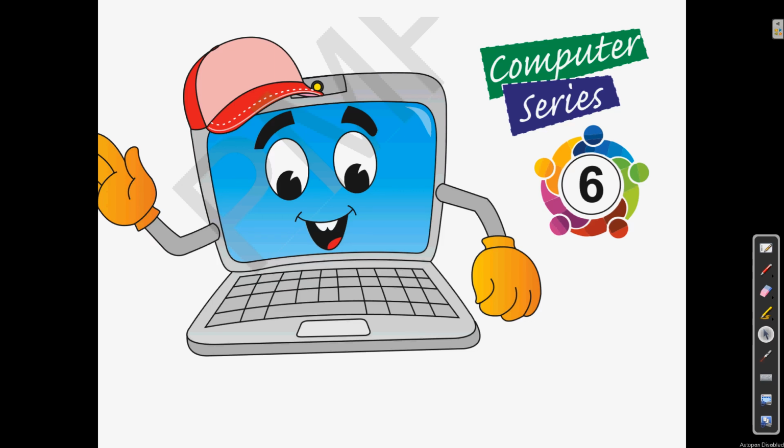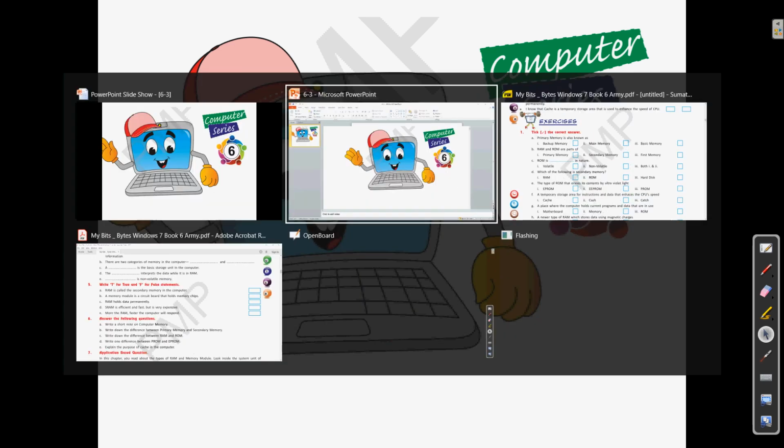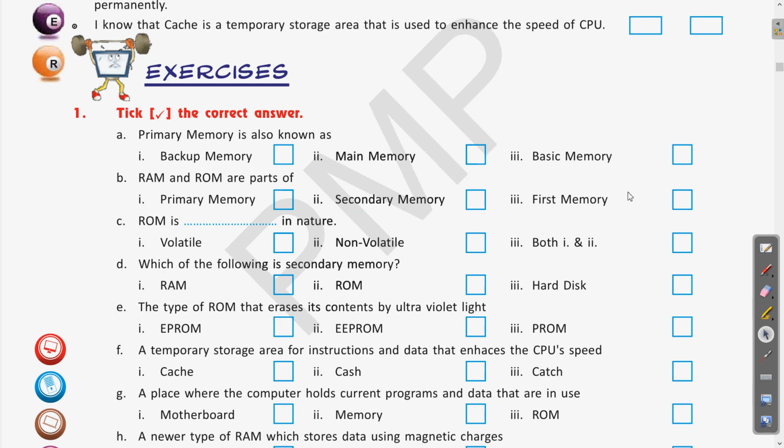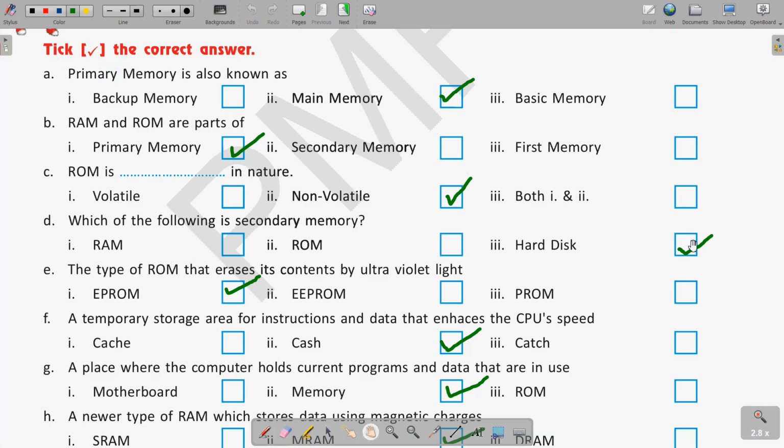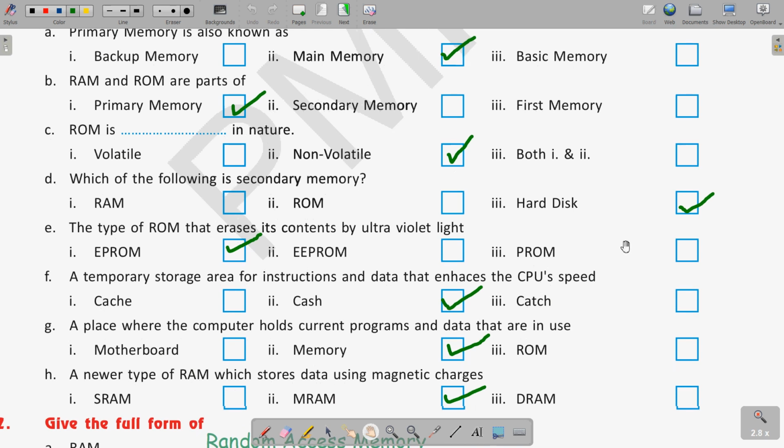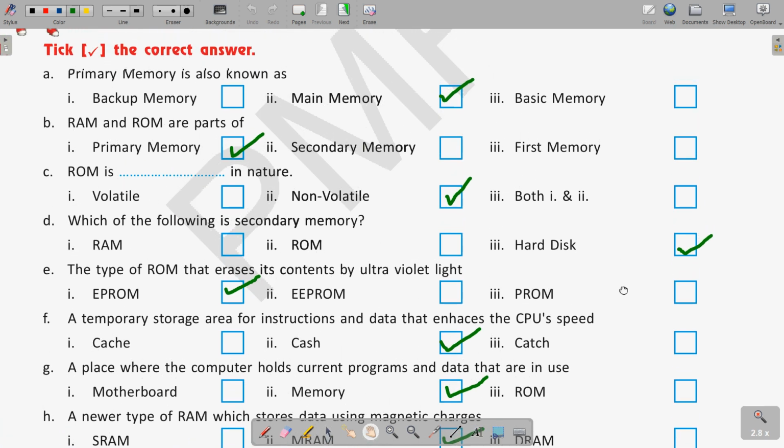So in the previous class, as we were doing the exercise, a few of the questions we have done, like filling the blanks, true, false, and some other objectives. So before moving to the question answers, we can have a quick revision of what we have done in the exercises. So we have gone through the tick the correct options. Those who have not done till now, if you want, you can do it once more. These are the tick the correct answers. If you have not done, you can pause the video once and do these questions again.